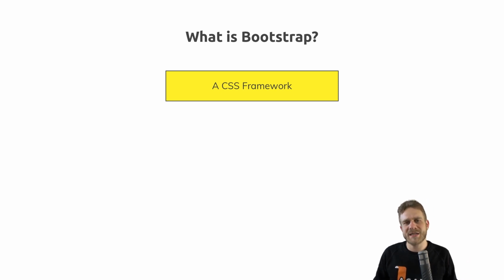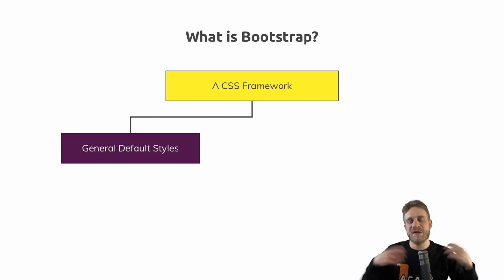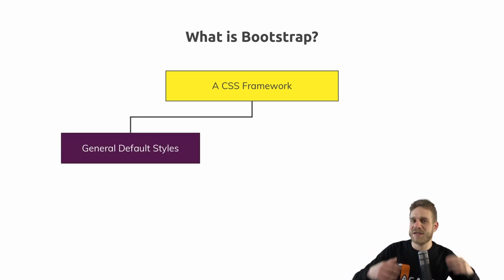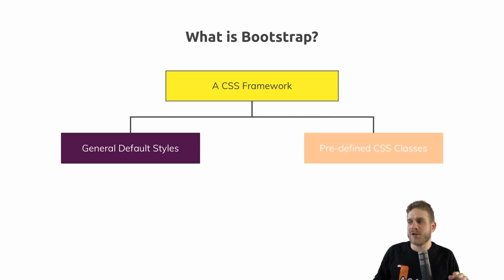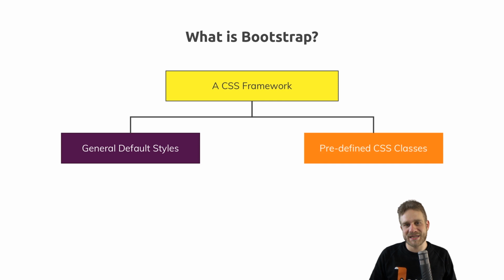Now, to be precise, Bootstrap covers mainly three things. The first is some default styles. It sets up a default font size, or in general some default font sizes, default paddings, margins, colors, so a lot of default styling applied to headings, paragraphs, and so on. Besides that, it also offers a rich set of predefined CSS classes, and I will dive deeper into what this is in just a second.